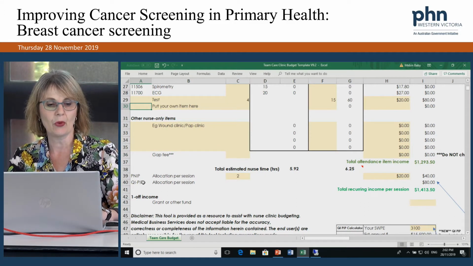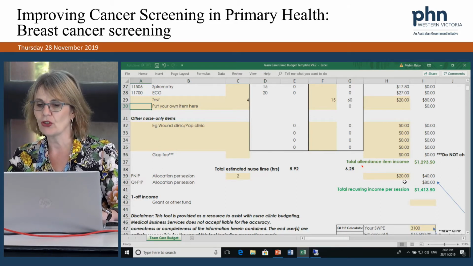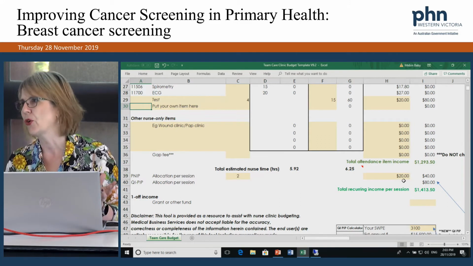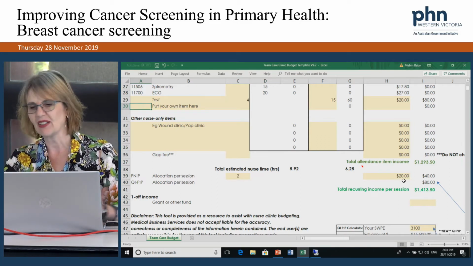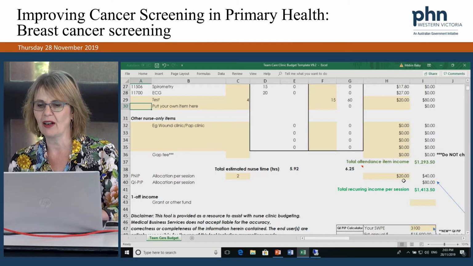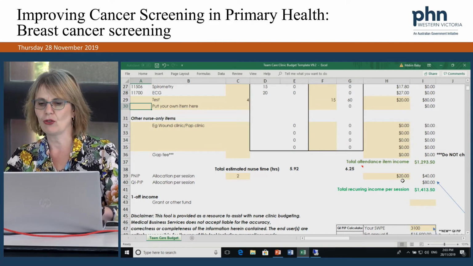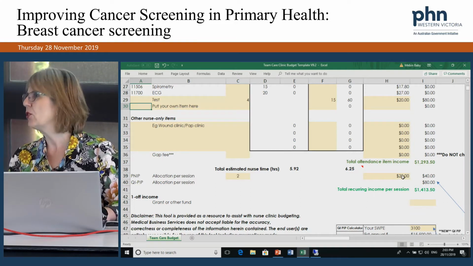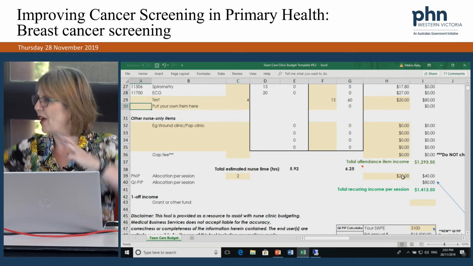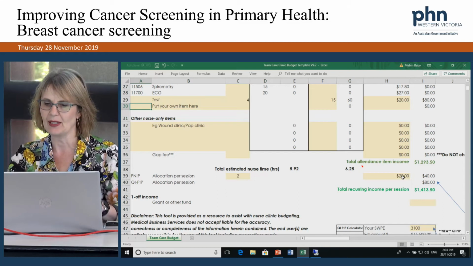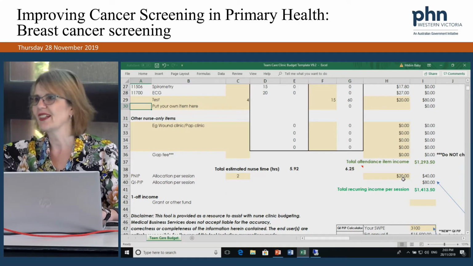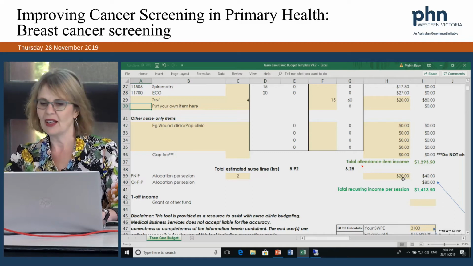Then there are some other revenue items that you might want to include. For example, the practice nurse incentive payment, you might want to give a dollar allocation to say, well, we get X amount of PNIP. We might say as a round figure, we're going to allocate 2 items of $20 from PNIP to factor into our modelling for this. If you say, well, no, our PNIP is actually taken up in other areas, then you might leave that